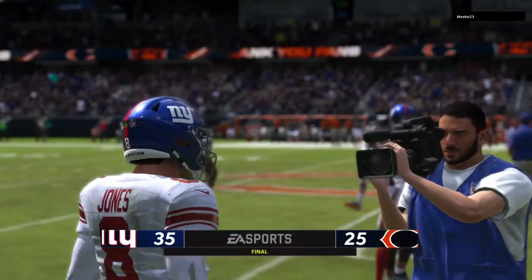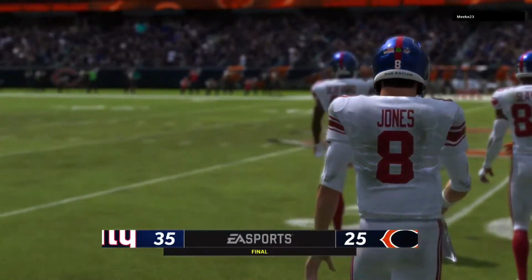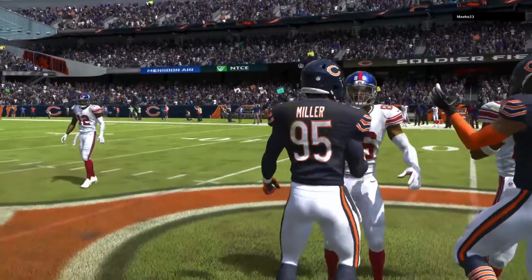So a victory here for the men in blue, the New York Giants. And they were buoyed, Charles, by a big second half that put this one